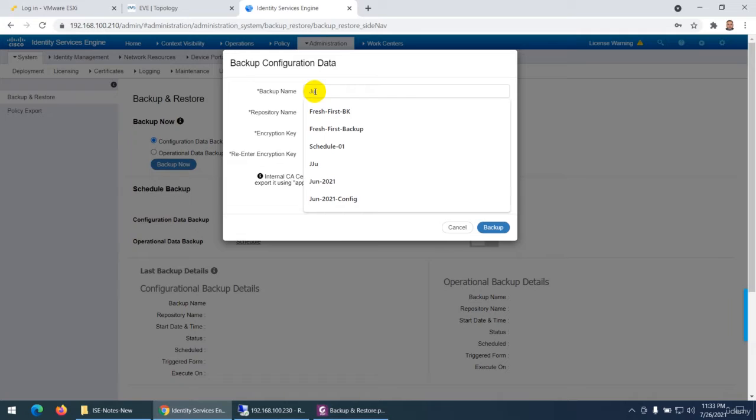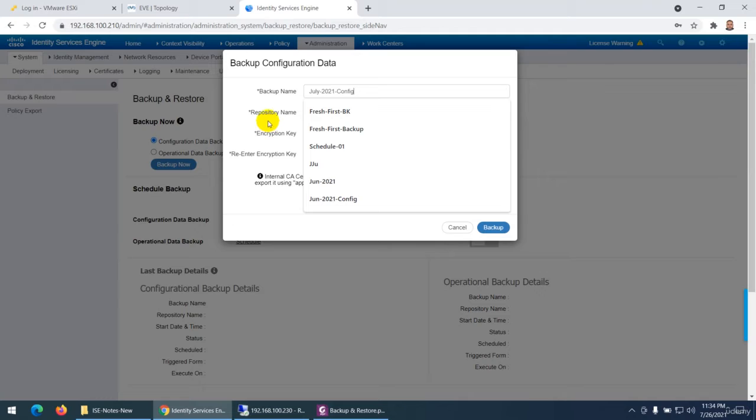Suppose I say July 2021. This is just the name, and because this is a configuration backup, I will put config as well,